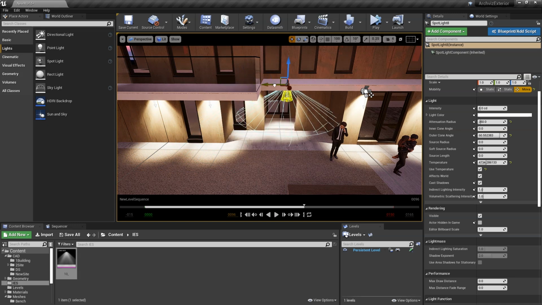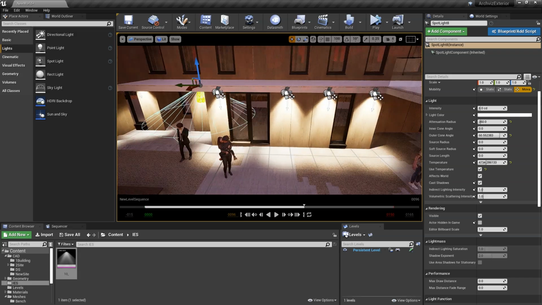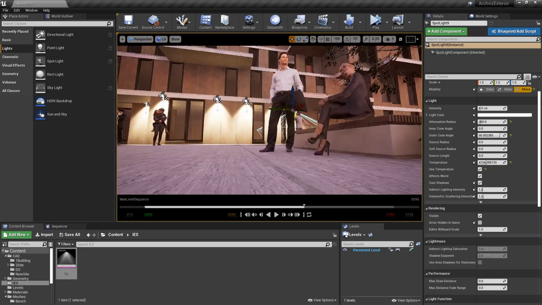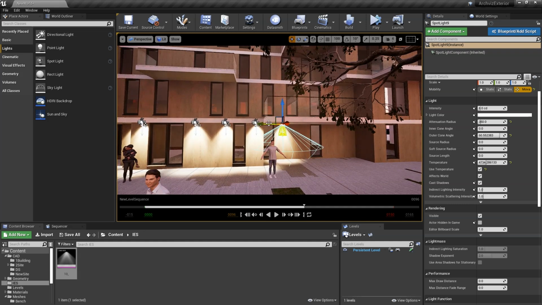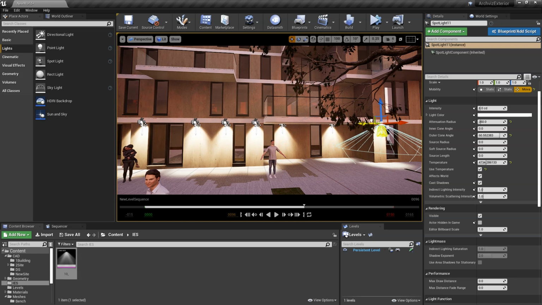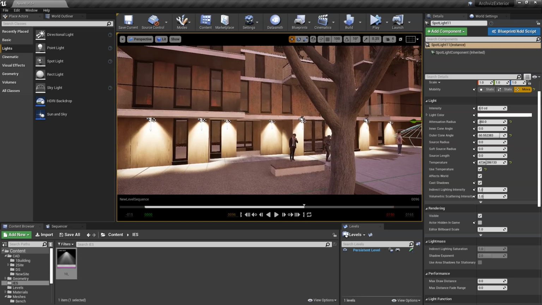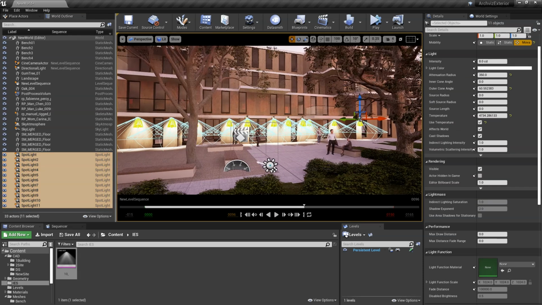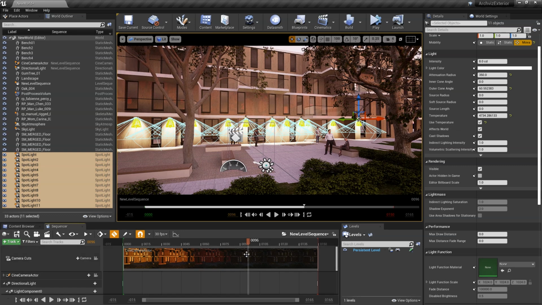So it's kind of helping us in the design this way, in a way. And I'll place a couple more over there. And you can see that I haven't bothered too much about organizing this file,